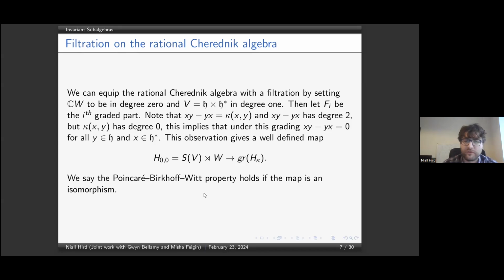So this observation gives us a map from the symmetric algebra of our vector space V, semi-direct product with our group, into the associated graded of H for any kappa. Kappa is sometimes an alternate notation to the T and the C. So we've got a map here, and also I included, because it makes it a bit clearer, if you have T and C both equal to 0, this is equal to S of V, semi-direct with double, right? Because if T and C are both 0,